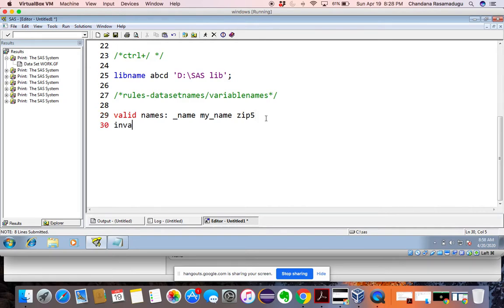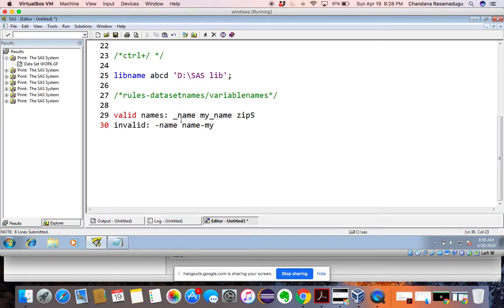Let's look into invalid ones. What might be invalid? If it starts with a special character, a hyphen. I'm starting it with a hyphen. This is invalid. My hyphen name is also invalid, because what we have discussed is that it should start with an underscore or letters.